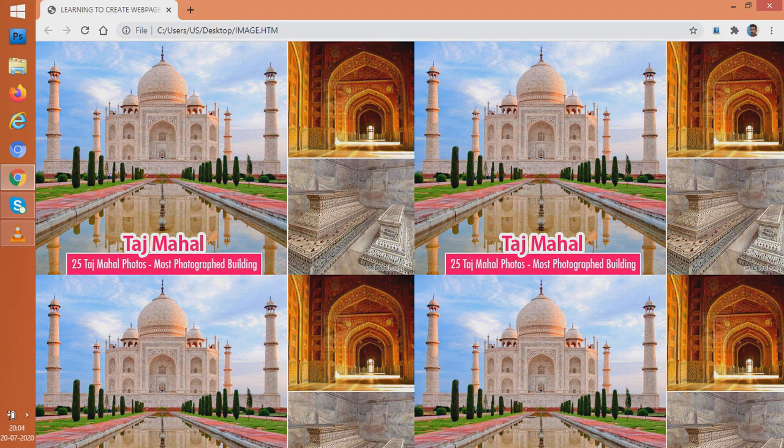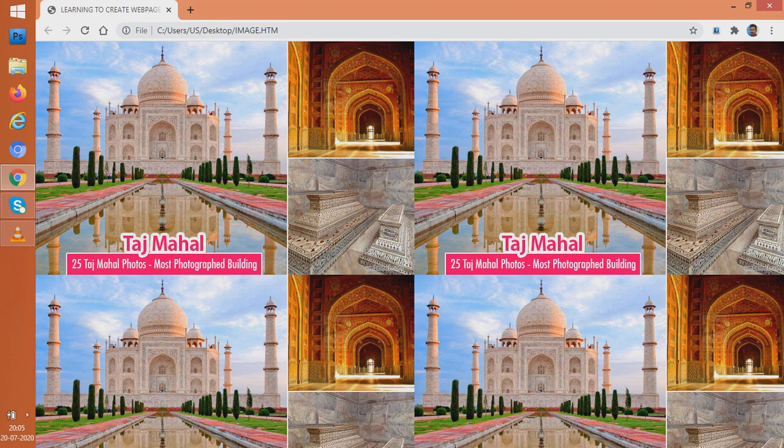The image has come. So students, you are seeing the Taj Mahal here. But students, we had only put one Taj Mahal image here. But that Taj Mahal image was so small that it could not cover the whole screen. So what our computer did was, it actually made copies of that image of Taj Mahal to cover the whole background, because we had said we want to see this image in our background. Background means the whole screen of the web page.